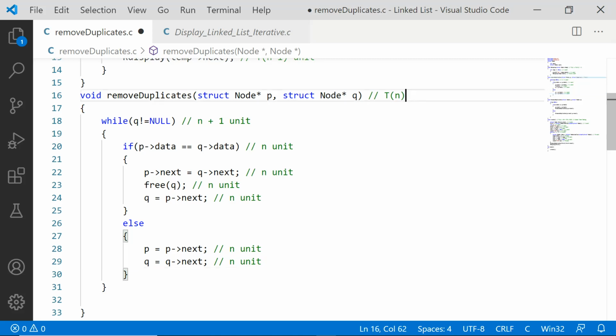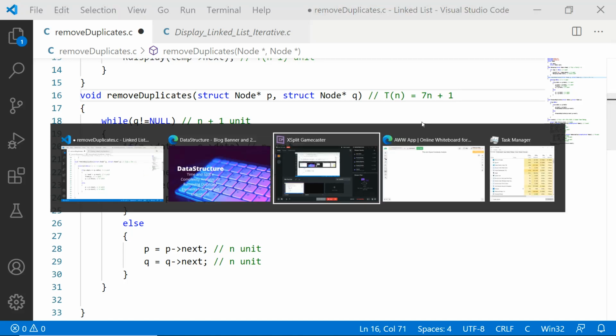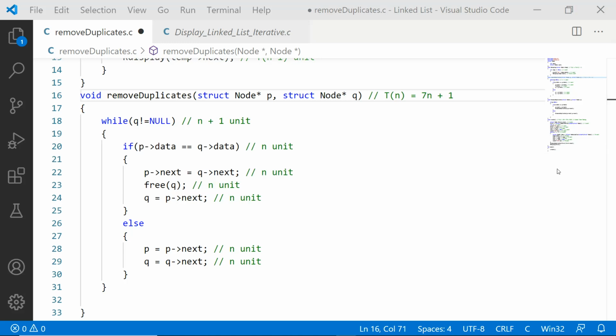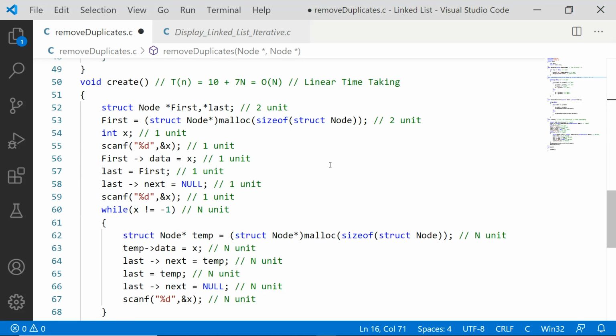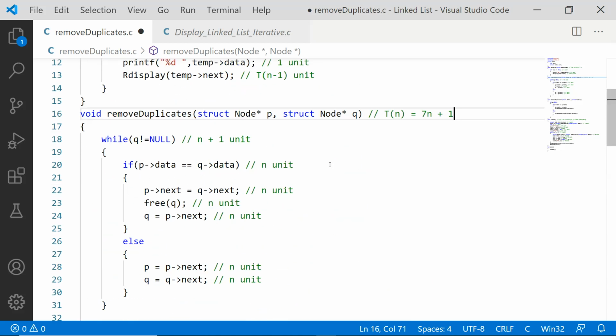So it is going to be T of n equal to, how many n are there in the equation? It's 1 2 3 4 5 6 7. So it's 7n plus, what's the constant value? Only one constant value, so 7n plus 1. So taking 7n plus 1, it's clearly a linear equation having only one polynomial variable with highest degree 1. Right? It is a linear equation.